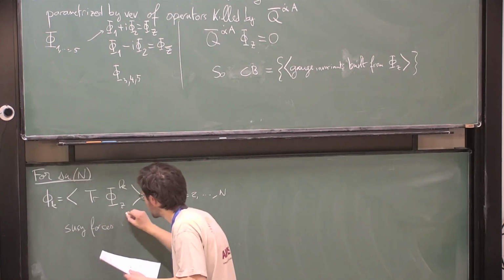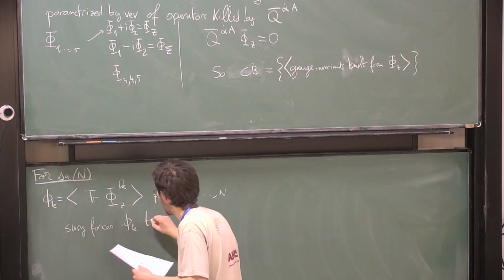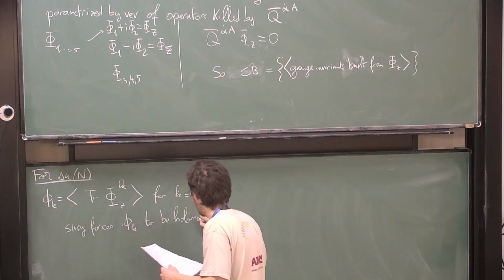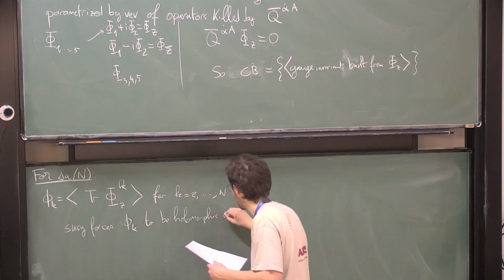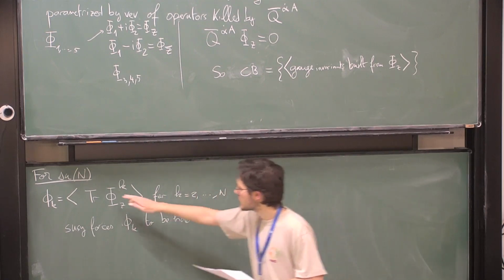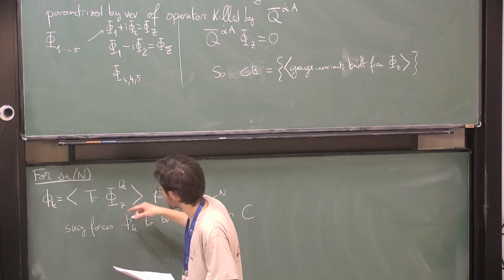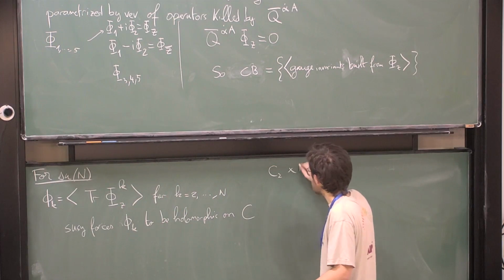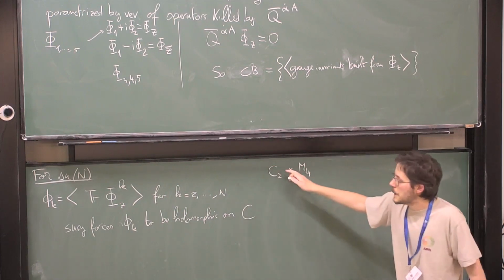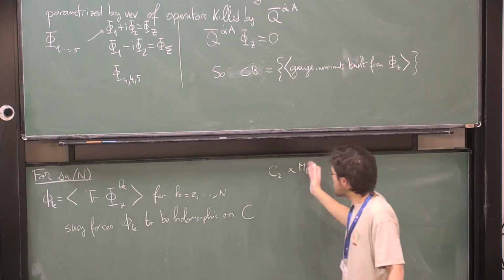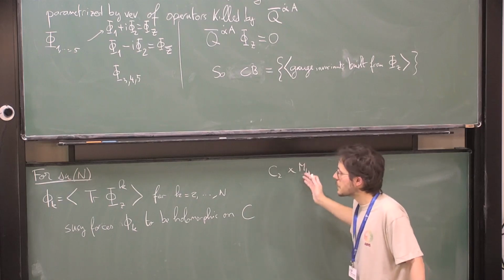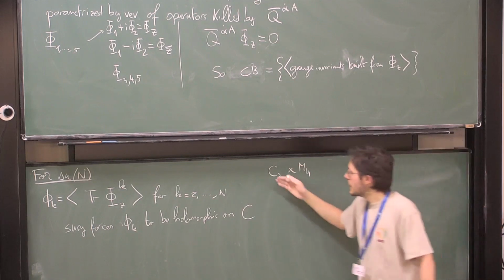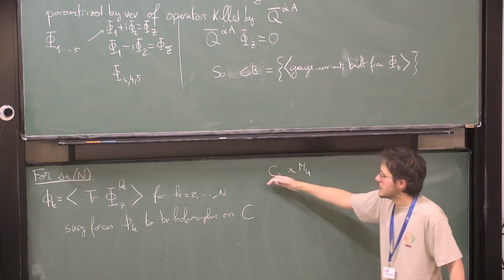Supersymmetry forces phi k to be holomorphic on C. So this is the expectation value of this operator at a particular point in the 6D spacetime, which is C2 and N4. And so in principle, it could depend on all 6 coordinates, but the dependence on the 4 coordinates here is eliminated by Poincaré invariance, and the anti-holomorphic dependence is eliminated by